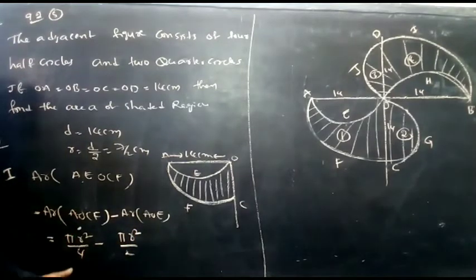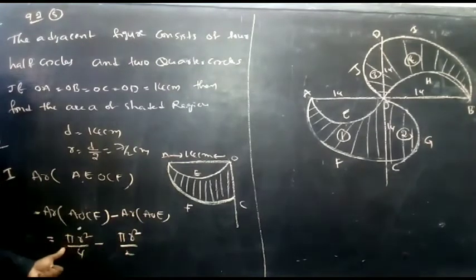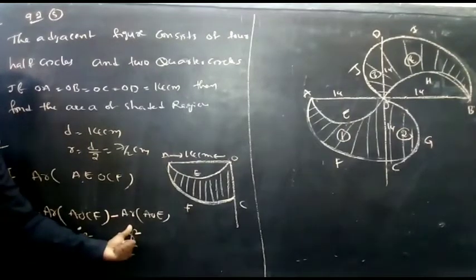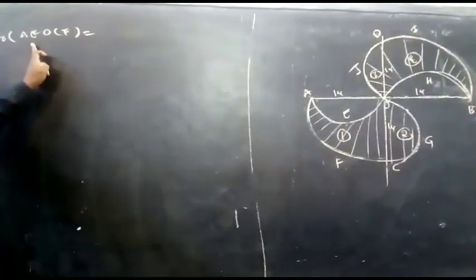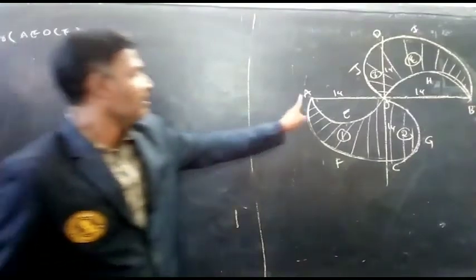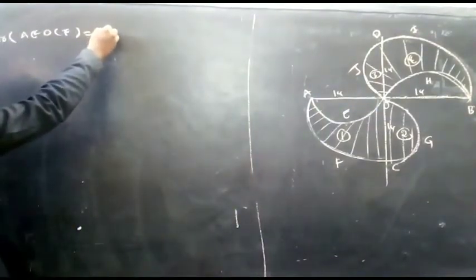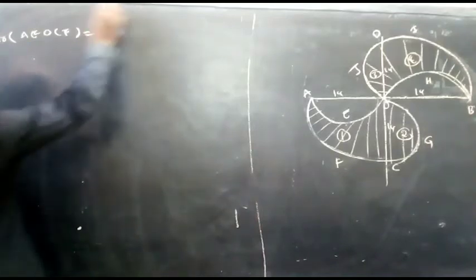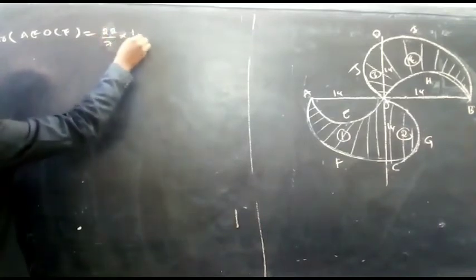AOCF is nothing but a quarter of the circle, so this is pi r square by 4, because it is a quarter part of the circle. And this one is pi r square by 2, which is nothing but half of the circle. Now the area of AEOCF: here what is the radius? 14. Pi r square by 4 means, pi is common, leave it. Pi means 22 by 7 into 1 by 4 into